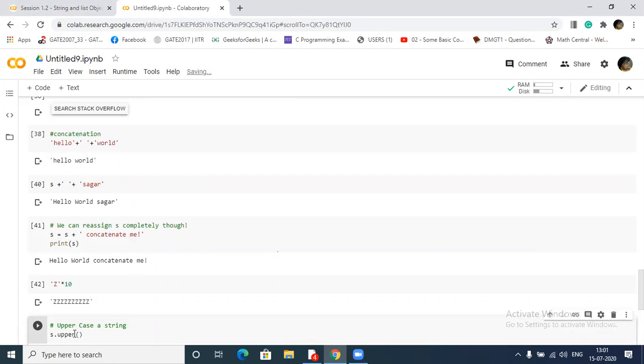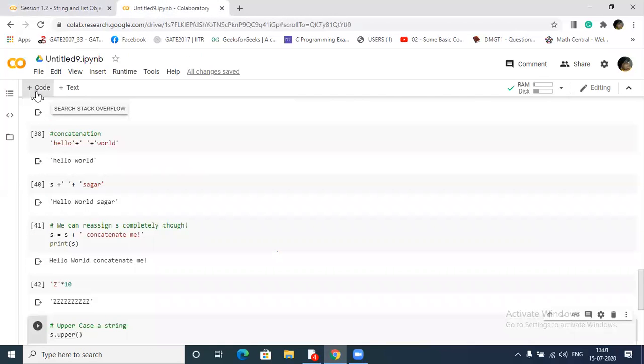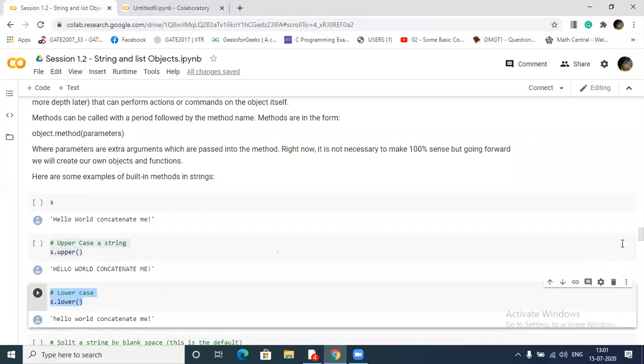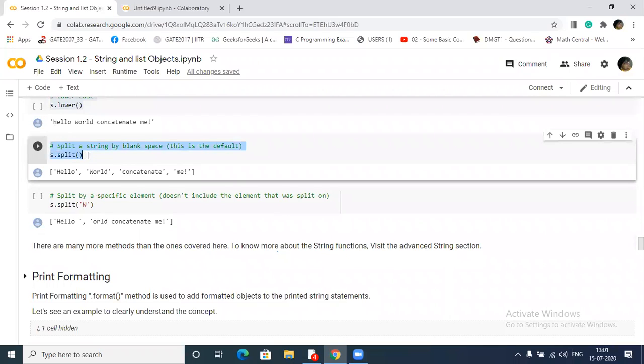So this function may be important there. Similarly, there is S lower, no problem. These are the functions. This is very nice.